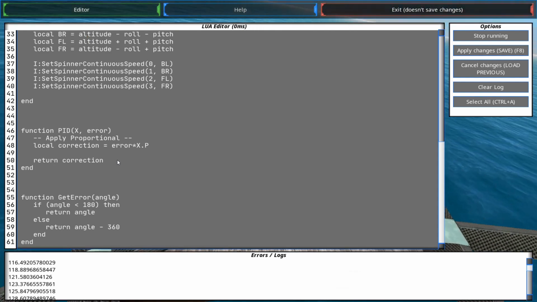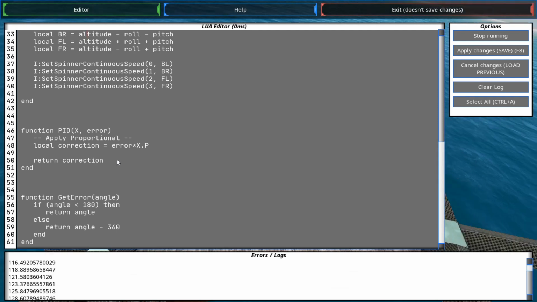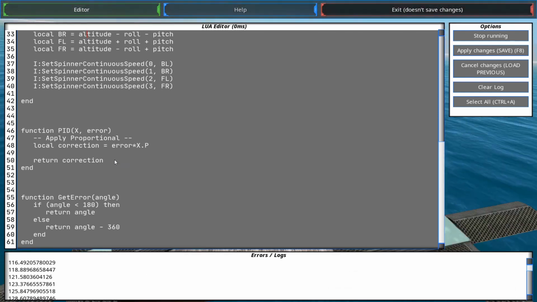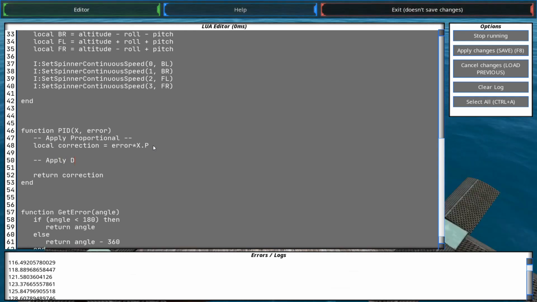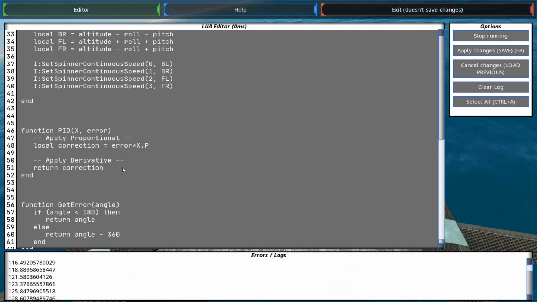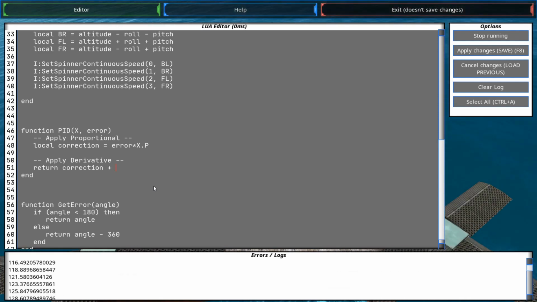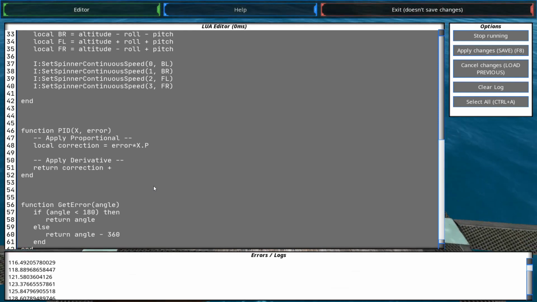The derivative controller is actually the part that's going to stabilize this, and the integral is the part that makes corrections where the proportional isn't quite strong enough or is constantly seeing an error. So I'm going to go in and create a section called Apply Derivative. And in here, we're just going to take this correction and add the derivative change to it. So the derivative is applying its correction to the controller. And that is simply just going to be the error now subtracted from the error we had before